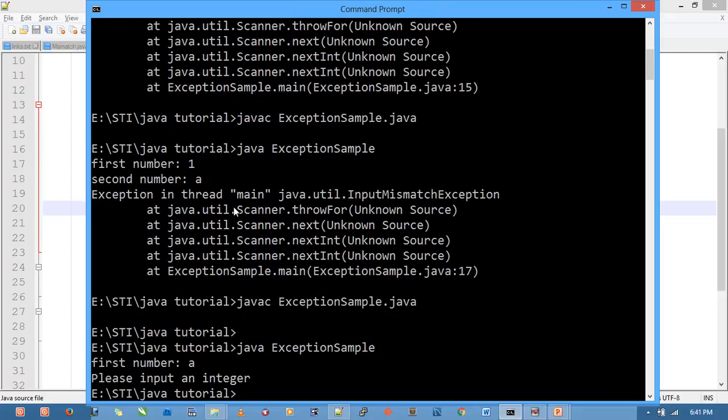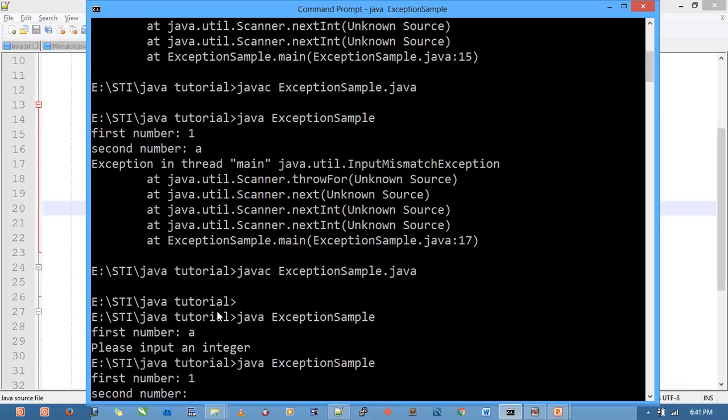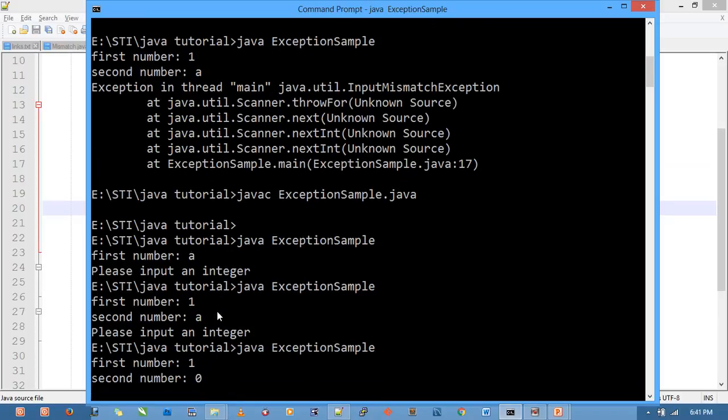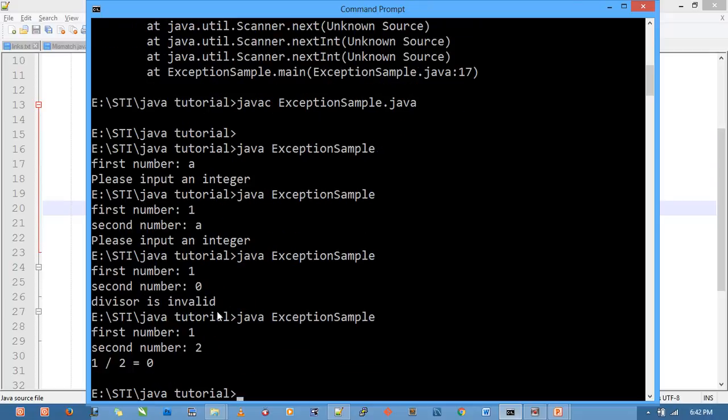So for example, I have A. It says "please input an integer." 1 and then A. "Please input an integer." So now, once we have 0, "divisor is invalid," but when we give the correct numbers or correct input, it